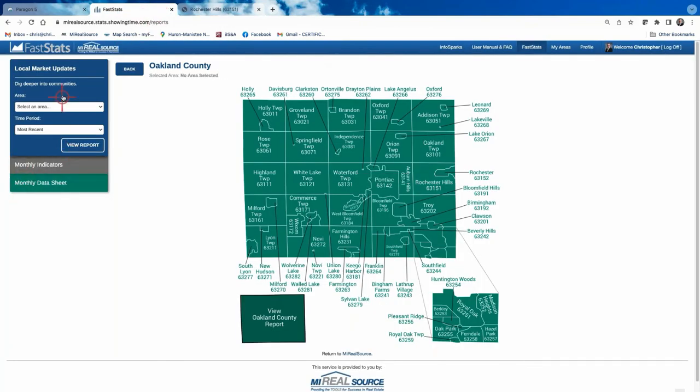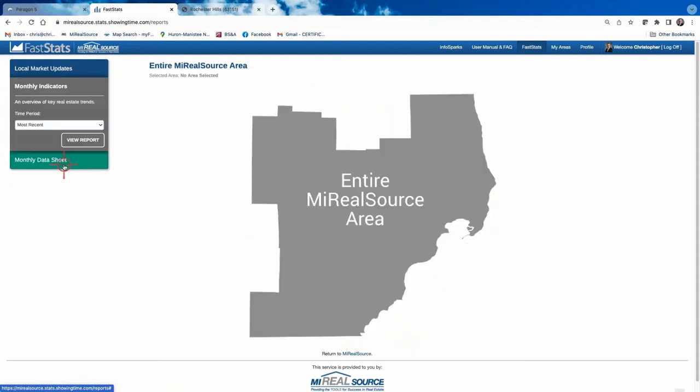The other items that we have, you see the blue one, which I've been going over, is called the local market updates. The other report we have is the monthly indicator. If you click on this gray tab down here for the monthly indicators, unfortunately, it's just the entire MLS. You can't break it down by individual cities or townships or counties. If you click on this report,